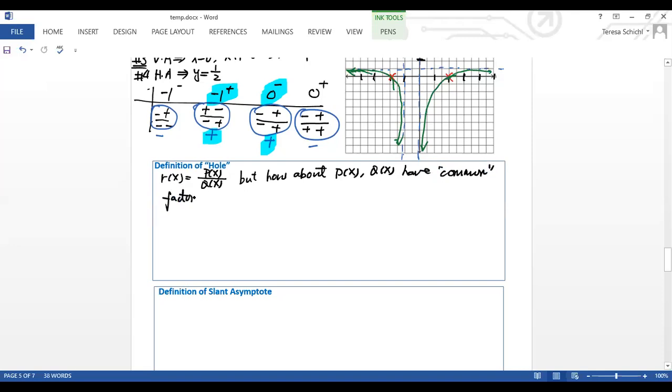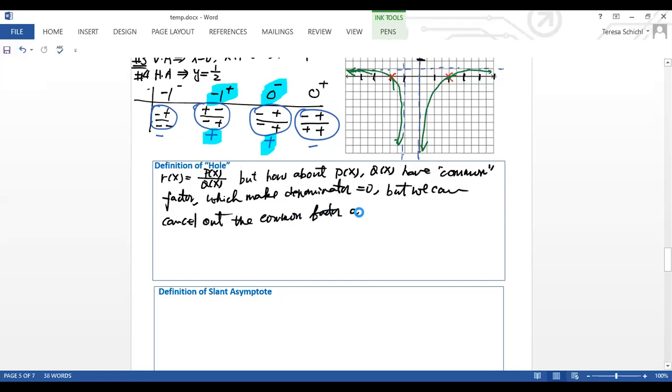And those common factors make the denominator equal to 0. I know the common factor makes the denominator equal to 0, so it's not defined in the domain, right? But we can cancel out the common term and the common factor, and leave,